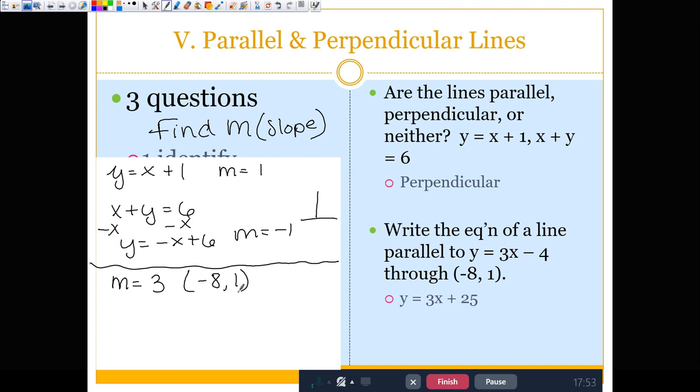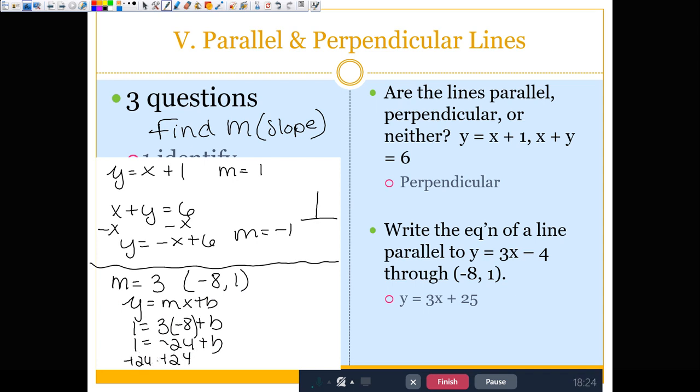Because if you use this b, then it's the exact same equation, which means it's not parallel, it's the same line. So I need to find a new b. I'm going to substitute in my m and my point, and find b. I'll take my equation y equals mx plus b, substitute in y, which is 1, m, which is 3, and x, which is negative 8, plus b, because I don't know b. So y equals negative 24 plus b, add 24,